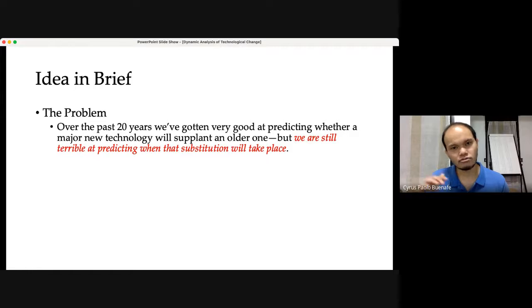Based on our understanding of the S curves and how the innovator's dilemma plays out in certain industries, we know that certain technologies, certain products will replace older ones, but as to when that substitution or replacement will take place,